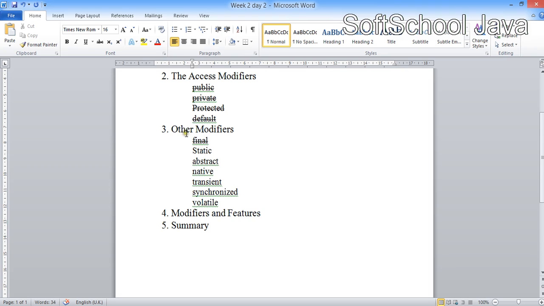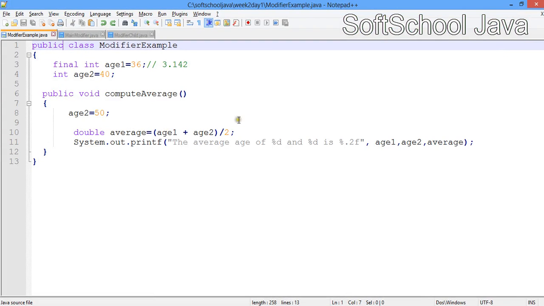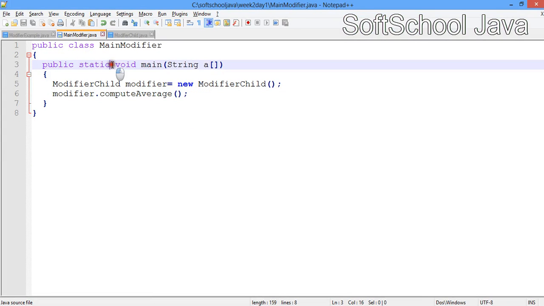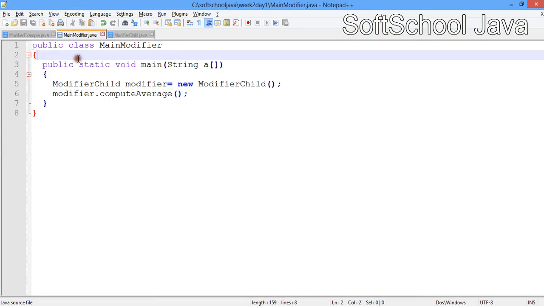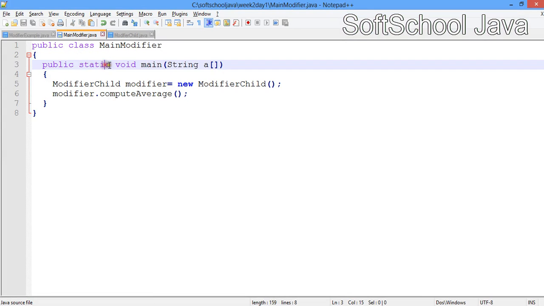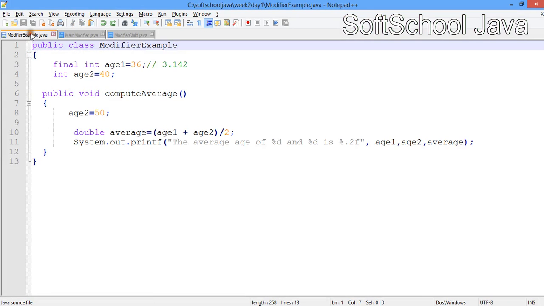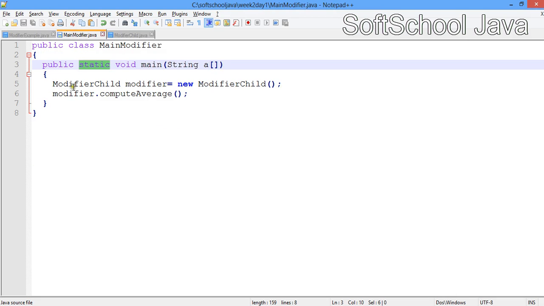Alright, now for the static modifier, if you are very observant about the programs we've been writing, you'll discover that we've always used the static modifier here in our main class. Yes, you wonder why, what's the issue with this static modifier. Okay, now we're going to look at it and see what's up with this static modifier. So here in this class we have final, we have age. Now if we go into this place now, I will say